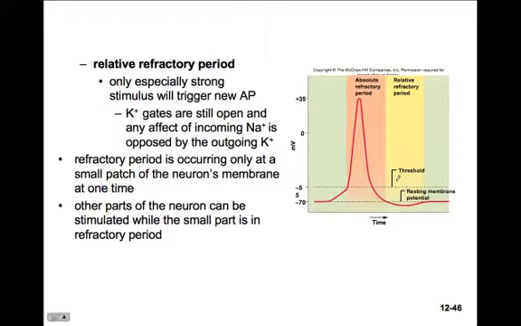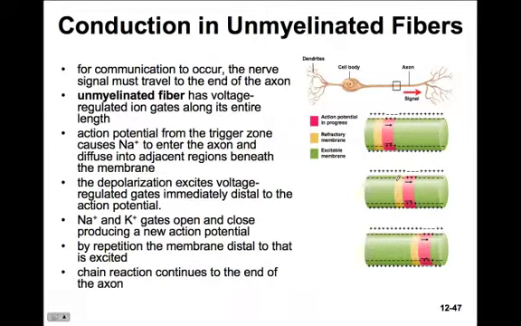The refractory period is only occurring in a small patch of the neuron's membrane at one time. The other parts of the neuron can be stimulated while this part is in refractory period. What this allows is for signal propagation to move in one direction. Let's look at that. When we look at conduction in unmyelinated fibers, the nerve signal needs to travel to the end of the axon. The unmyelinated fiber has voltage-regulated ion gates along its entire length,